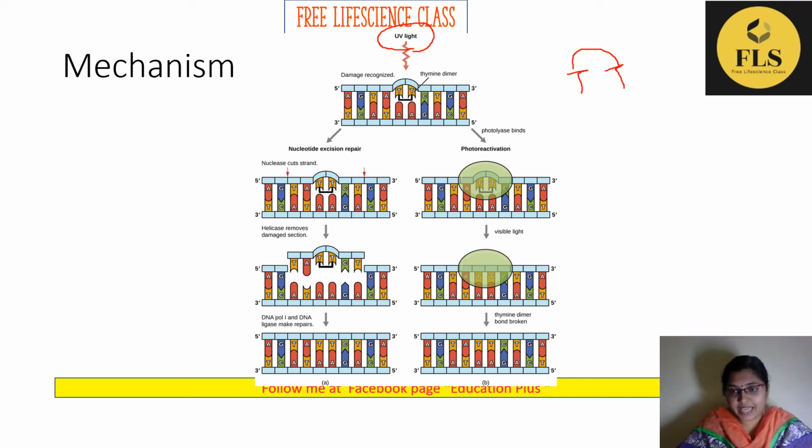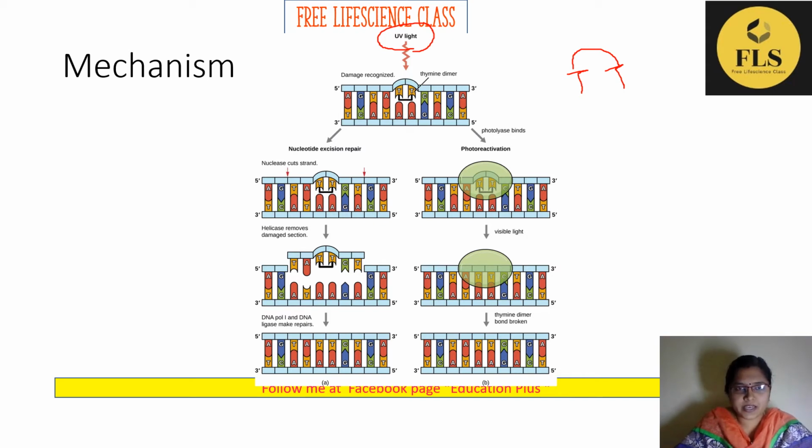But a normal enzyme cannot remove this type of lesion, so a set of enzymes are there. We have already discussed these enzymes in the previous slide: the UVRB, UVRC complex, then UVRD, then DNA polymerase, then ligase enzyme. These 4 or 5 proteins are very necessary to remove this type of thymine dimers. Okay.